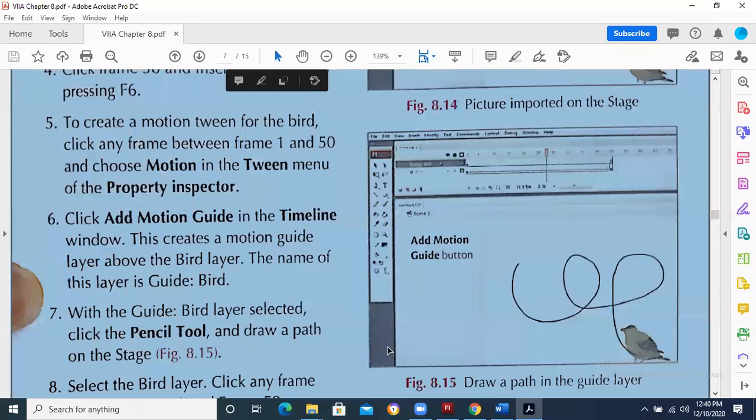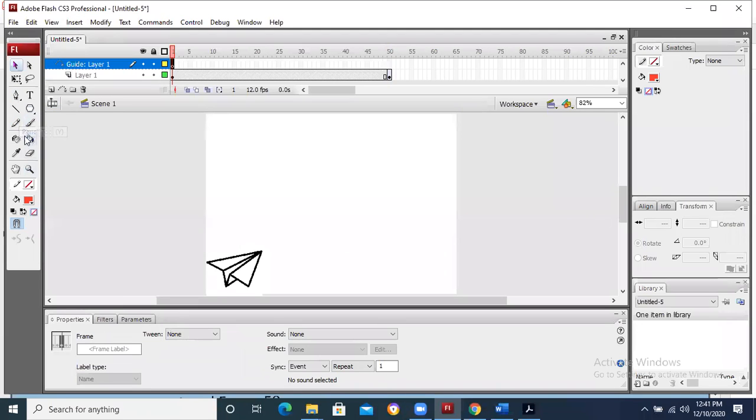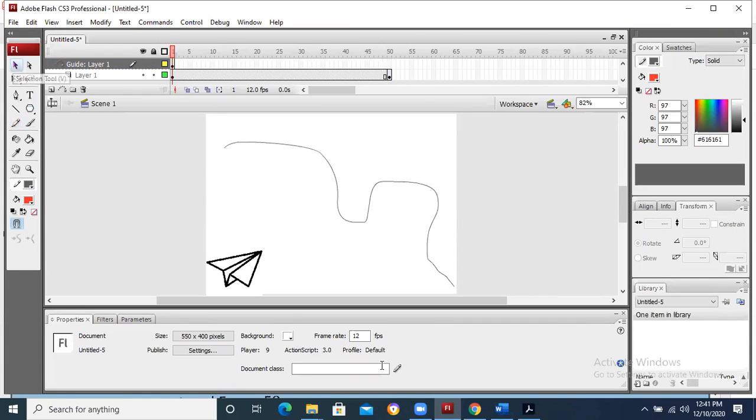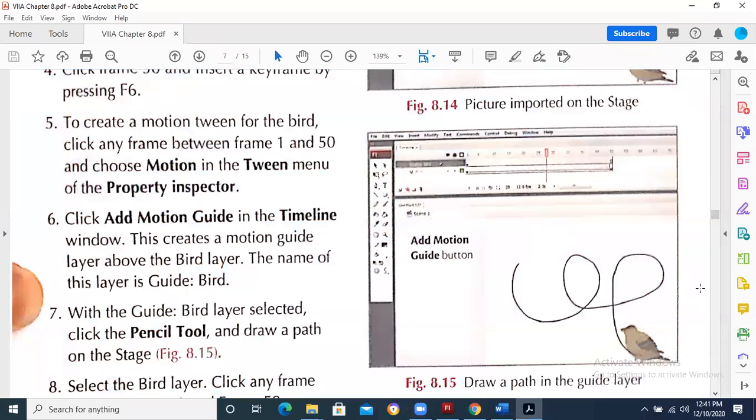So we will go to the stage. We'll click here. We'll take the pencil tool. We'll take straight or smooth should be there. Okay. So we can draw a path in this way. These are the steps that we are going to follow. Then after when you have drawn